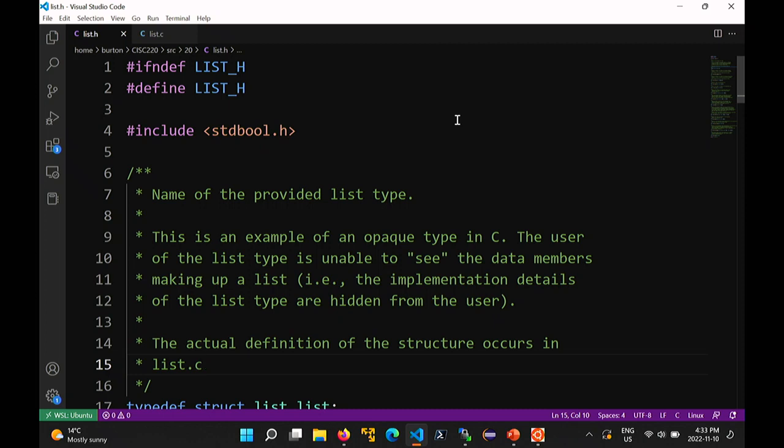Okay, so to start with, we're going to separate the implementation into two parts. We want the header file, where we're going to declare the functions that our list supports, and then we're going to have a source code file where we have the actual definition of the functions. So we're going to start